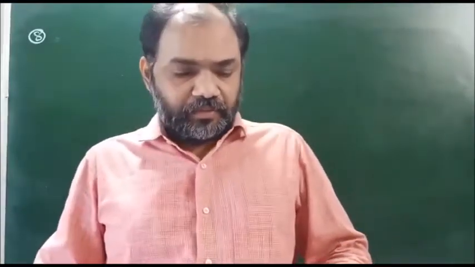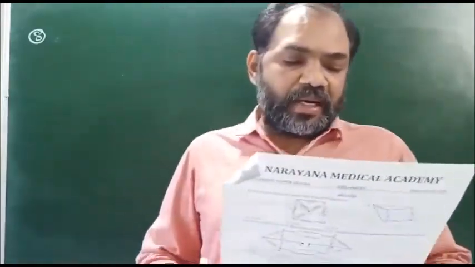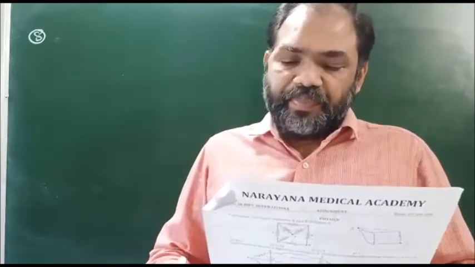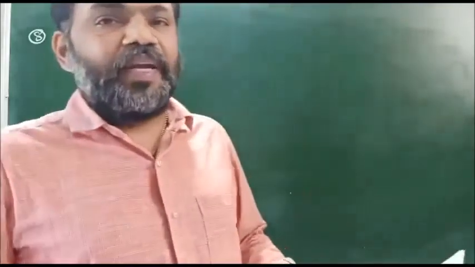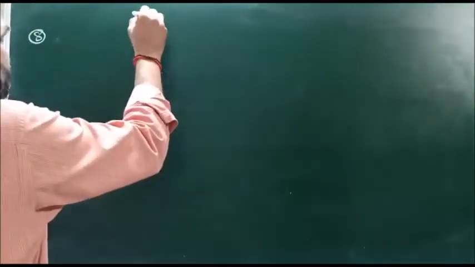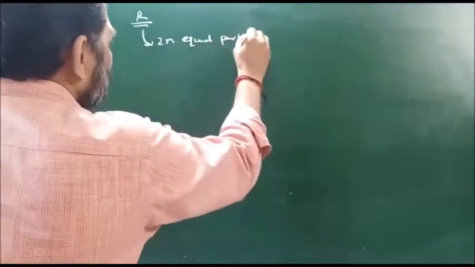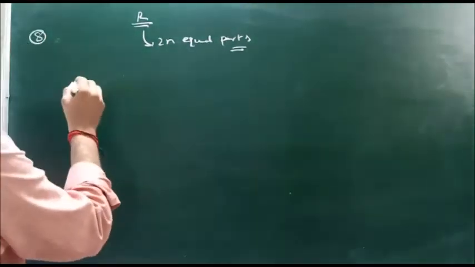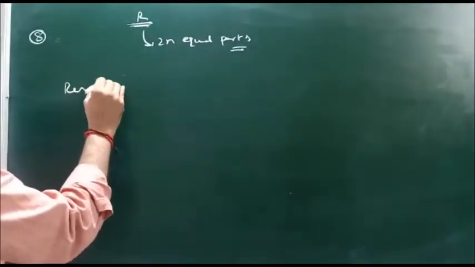Next, question number 8. A piece of conducting wire of resistance capital R is cut into 2n equal parts. Half the parts are connected in series to form a bundle and the remaining half in parallel to form another bundle. These bundles are then connected to give the maximum resistance. The maximum resistance of the combination is dash. Given a wire of resistance capital R, now it is cut into 2n equal parts. So in this case, if this wire is cut into 2n equal parts, then the resistance of each part becomes